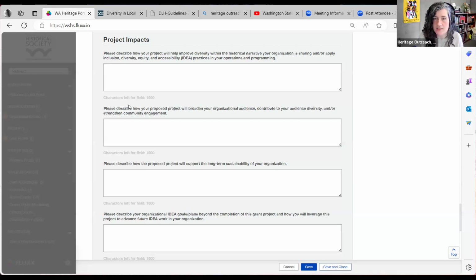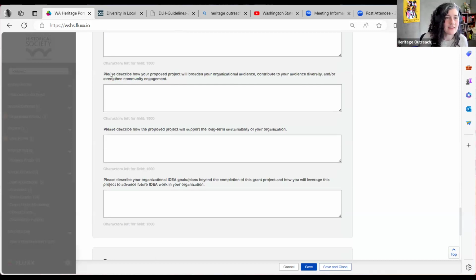So there's a lot of ways to frame impacts. I think there's a lot of breadth here to work within. And certainly these character fields are longer because maybe you have a lot to say. We don't want to cut you off in any way. But if you just have a brief way to address this that's direct and to the point, that's great. We don't anticipate you need to use all of these characters. This is just to make sure you have the opportunity and to not shortchange you on your chance to share with us.